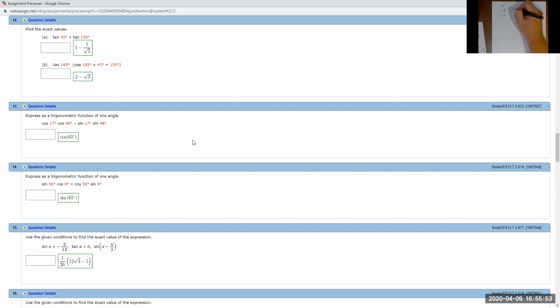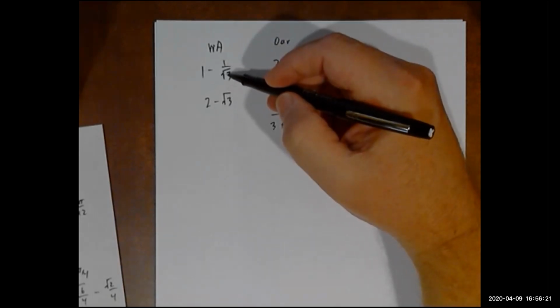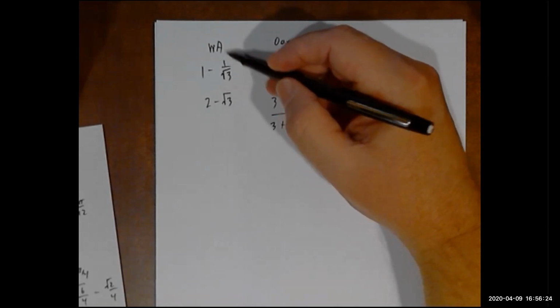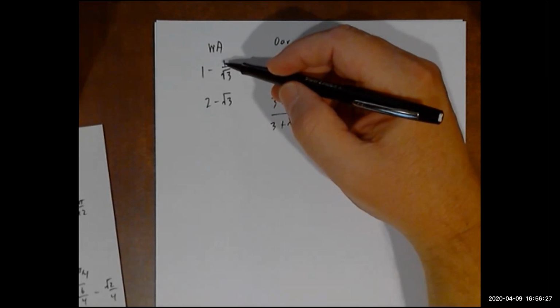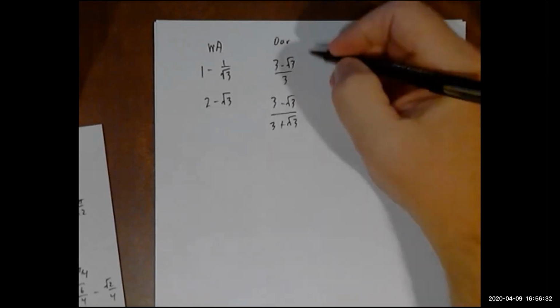3 minus square root of 3 over 3. Or actually, I hope when you do the homework and even on the test, WebAssign is somewhat flexible. Because to be honest, I would have thought this one, our answer, is what they would have given, but instead they break it up and they even have a square root in the denominator. Why they chose this form, I don't know. To me, I would have thought math people like it better. But I think